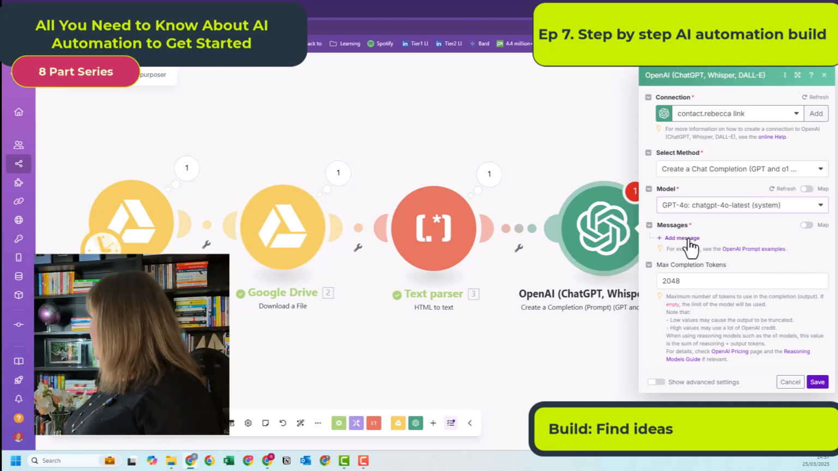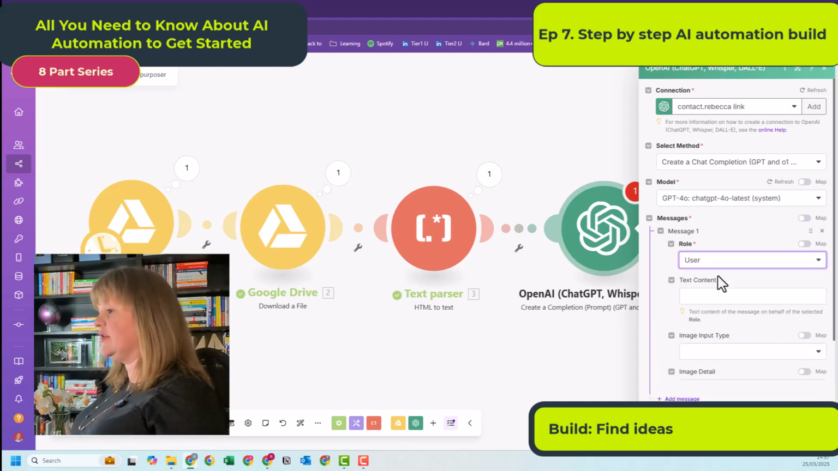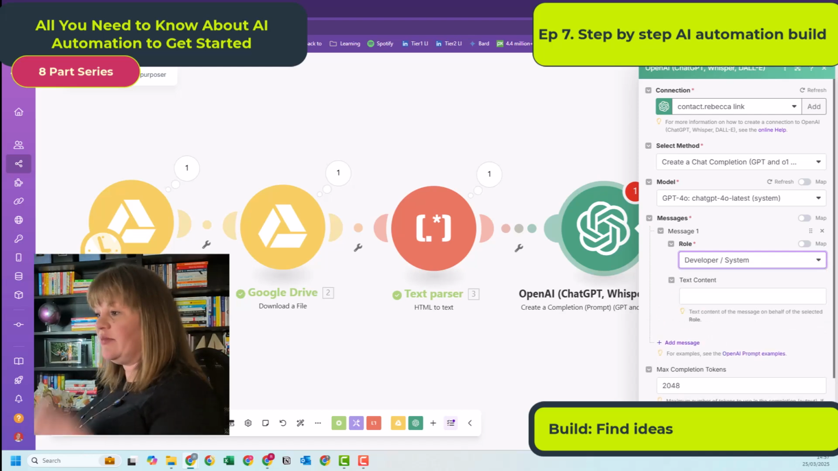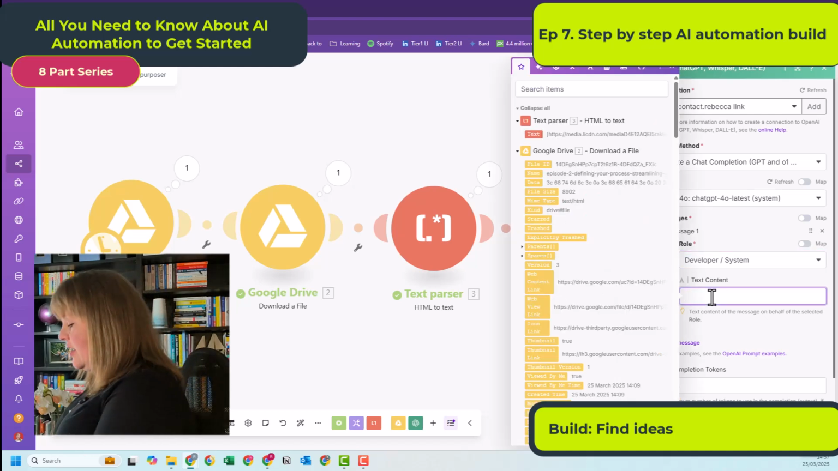So now I want to give it a different prompt. The first thing I need to do is give it a system prompt. A system prompt is sort of telling it what it is, the context of what its purpose is. So I could write something like,